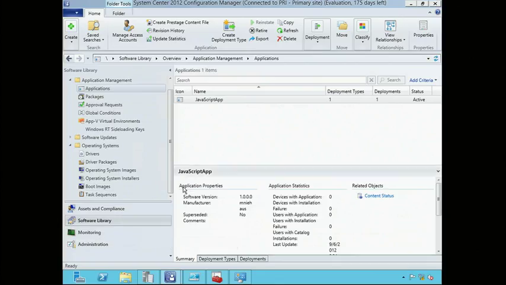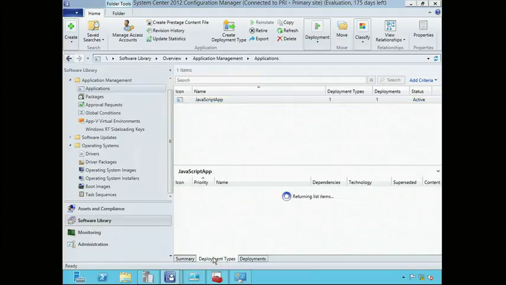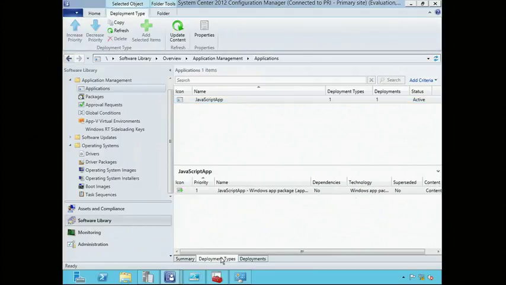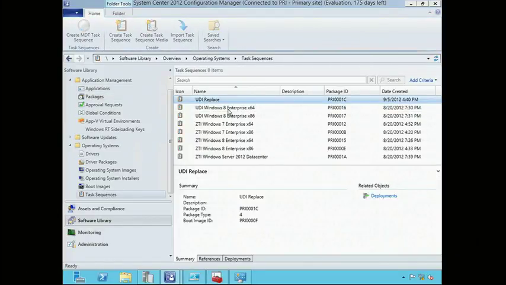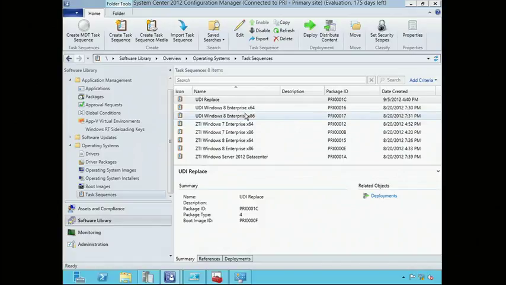So in the case of Windows 8 applications, in this case, I created my own application in JavaScript and added it in. So Config Manager adds a new deployment type for Windows 8 applications. It adds into the task sequence support for UEFI and for BitLocker pre-provisioning. So if we look at one of our Windows 8 or Windows 7 task sequences, we'll see support for those